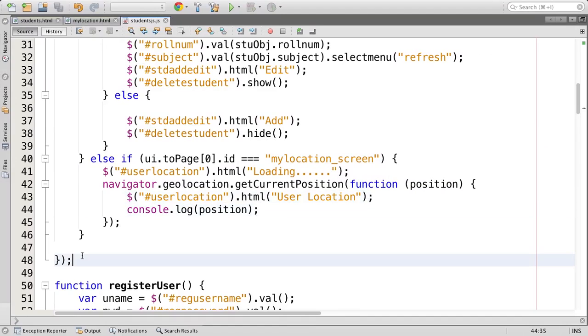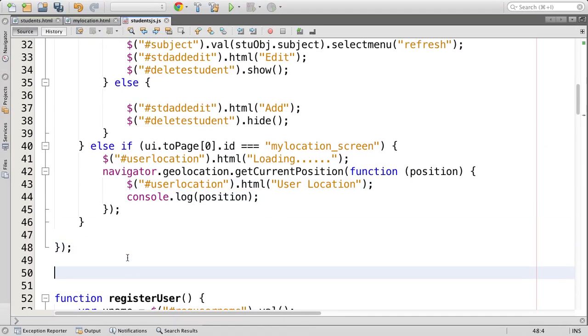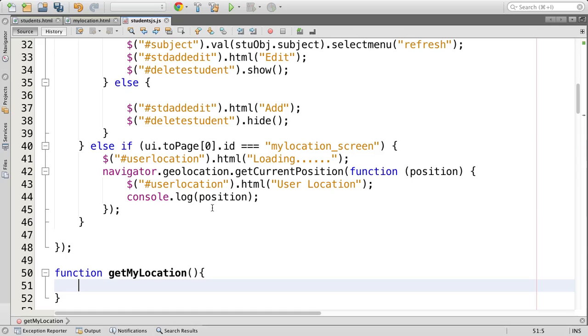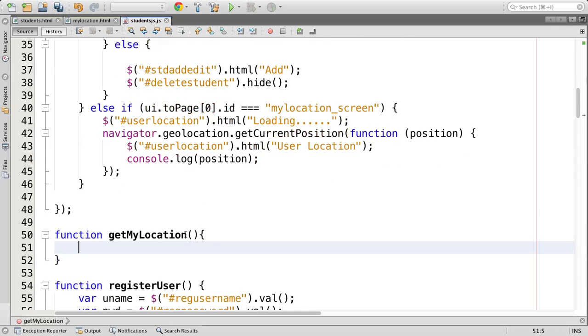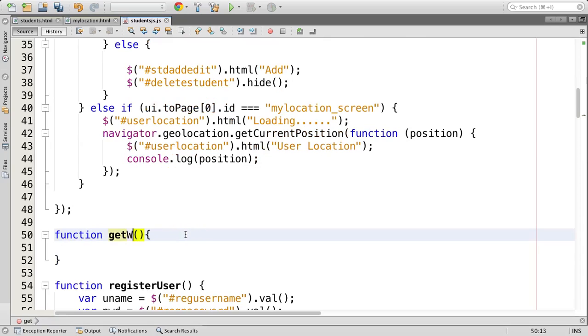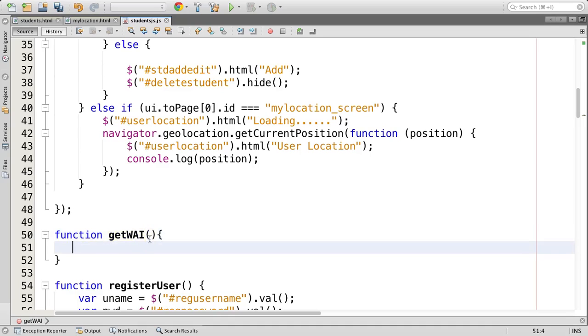If you want, you can write it as a separate function, so as not to get confused. So I'm going to write function get where am I or something like that. I just want to have a unique name instead of using get my location, since sometimes maybe that is a default function. So this is going to take